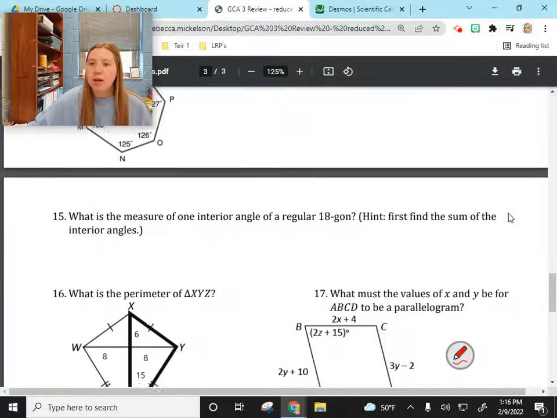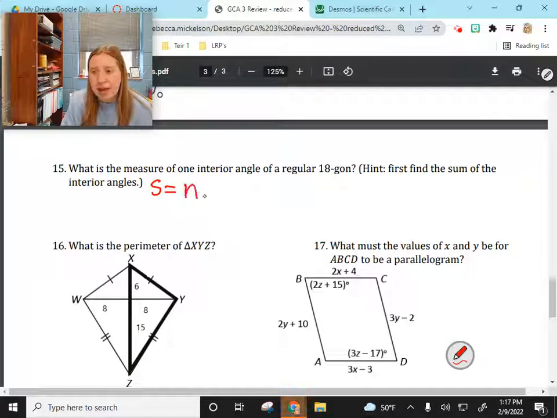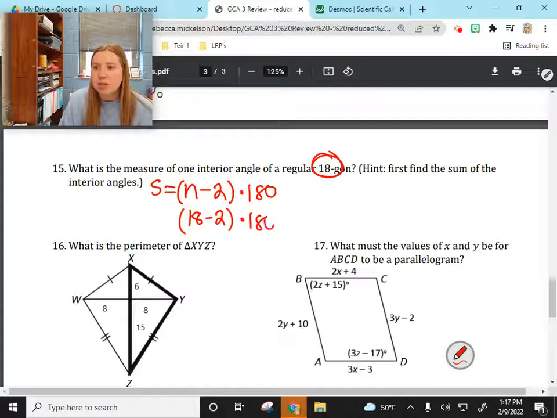All right. Our next one, what is the measure of one interior angle of a regular 18-gon? Hint again is first to find the sum of the interior angles. So the sum is equal to n minus 2 times 180. I wrote that backwards from our last one. And n represents the number of sides, which is 18. So it's going to be 18 minus 2 times 180, and I'm going to do that in my calculator. That would just be 16 times 180, which is